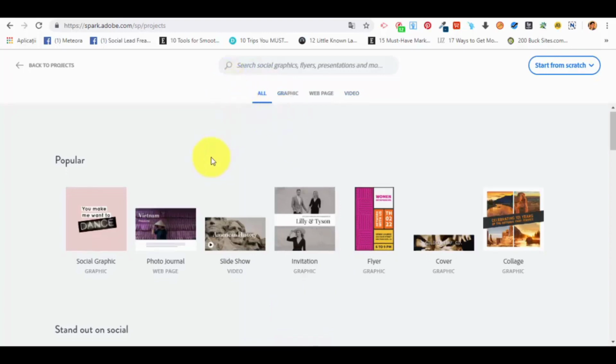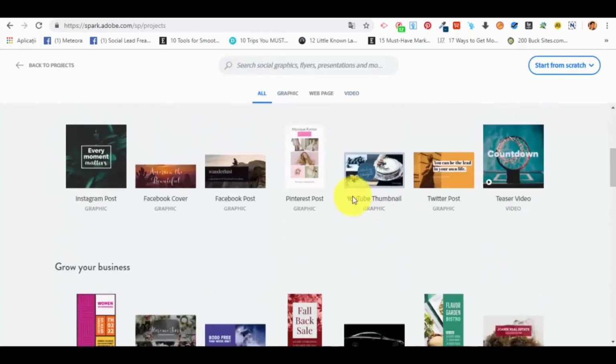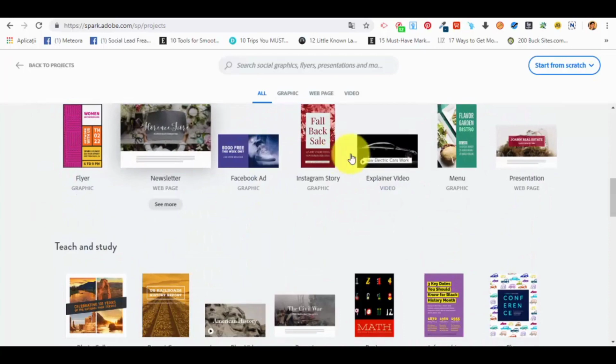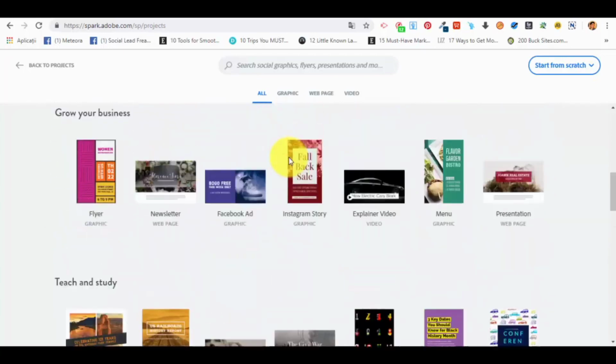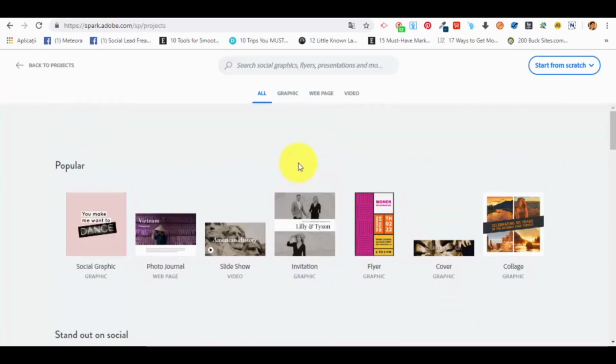I will go to the All section, and if we scroll down in the All section, we will actually see them again, and we can select them from the first page. Now, in our next lecture we will start with graphics like social media posts and other types of graphics that we can create with our